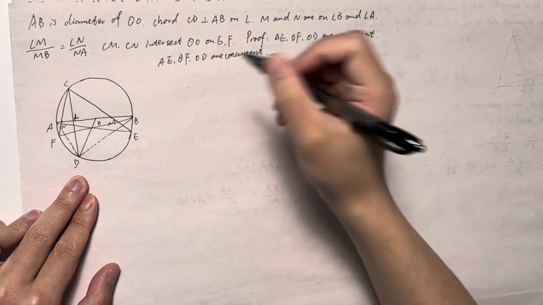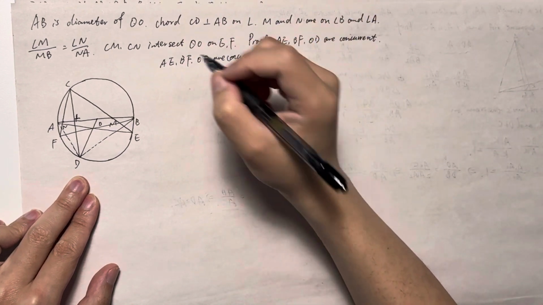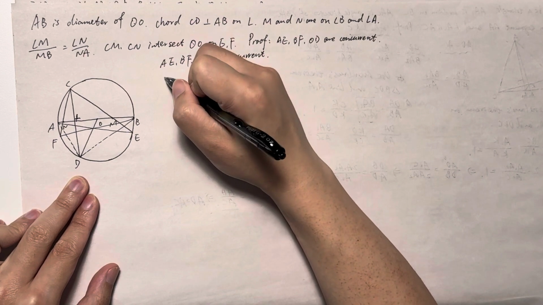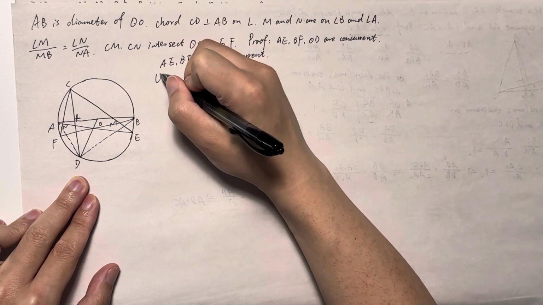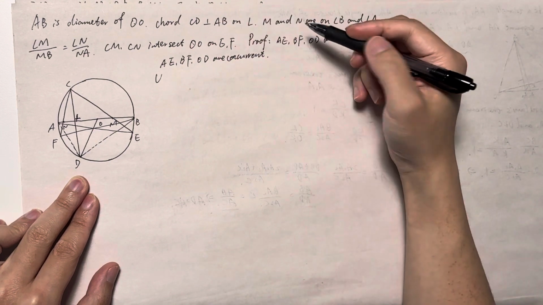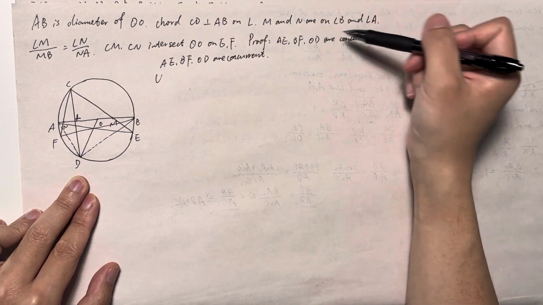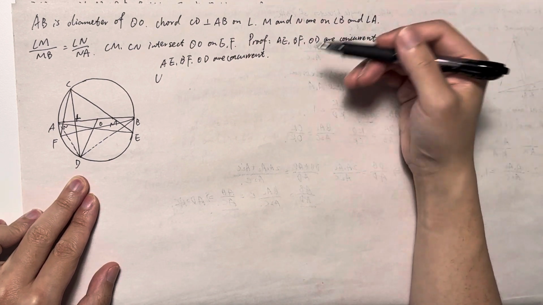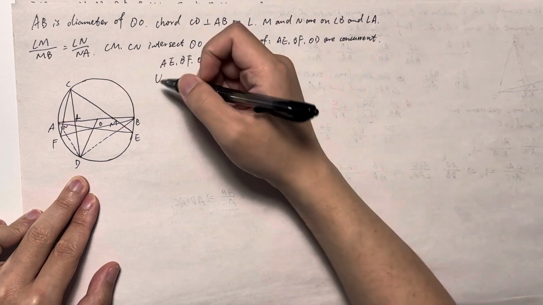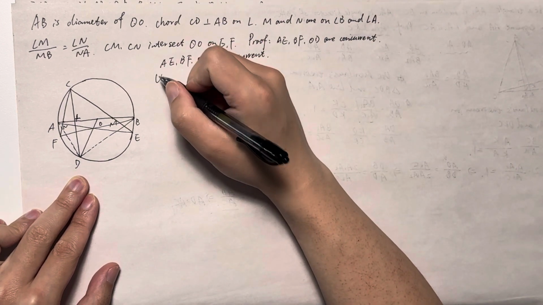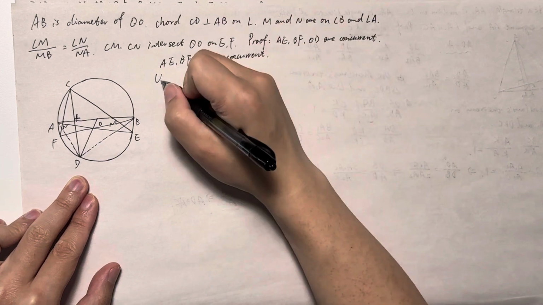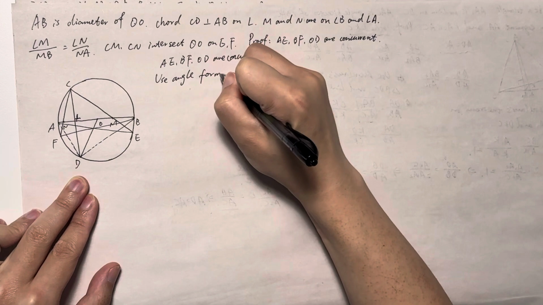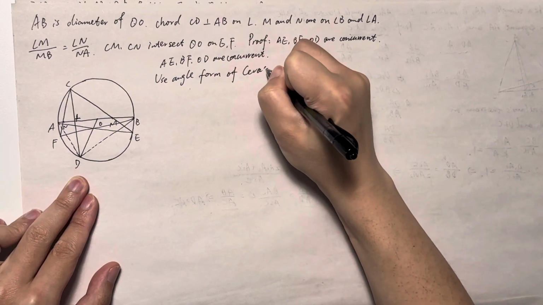But if we think about the angle form of the Ceva theorem in triangle ADB, right? So let's try it. Actually, it's because we are trying to prove AE, BF, OD are concurrent. It's a converse theorem of the angle form of Ceva theorem, right? So we just write the equation down and we try to prove it. So use the angle form of Ceva theorem,